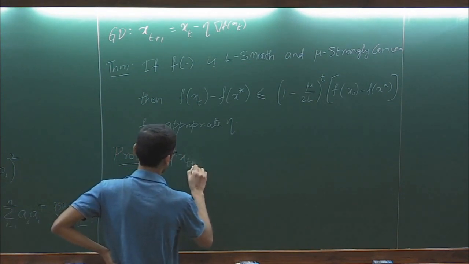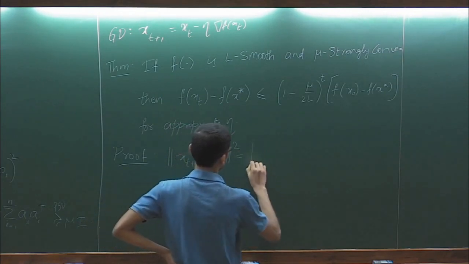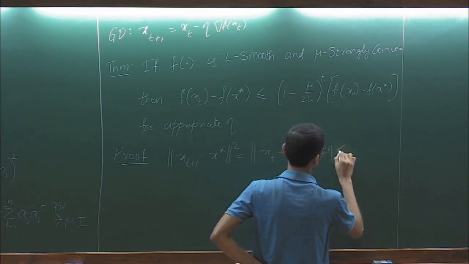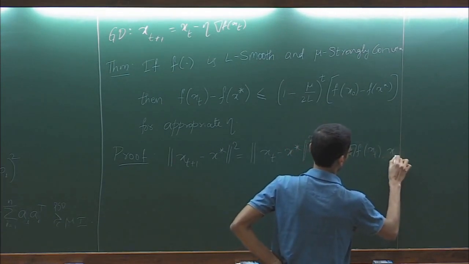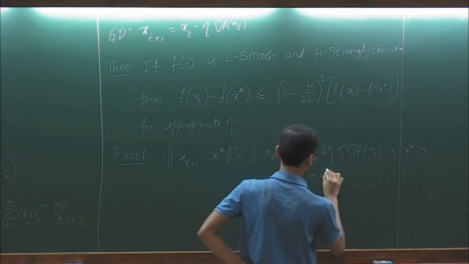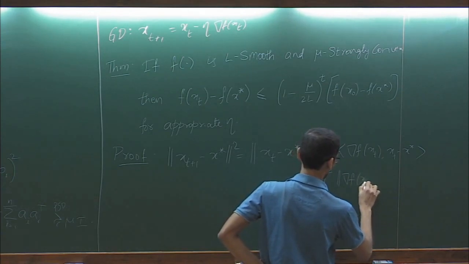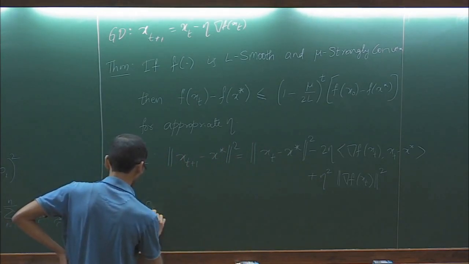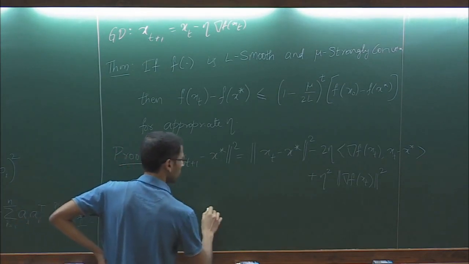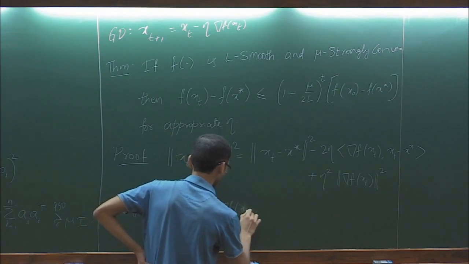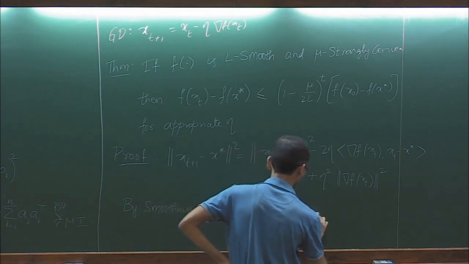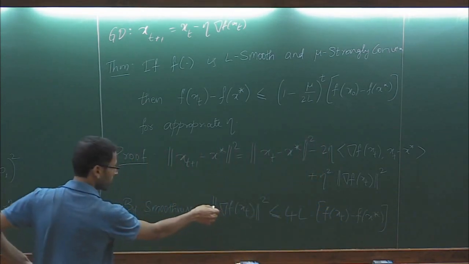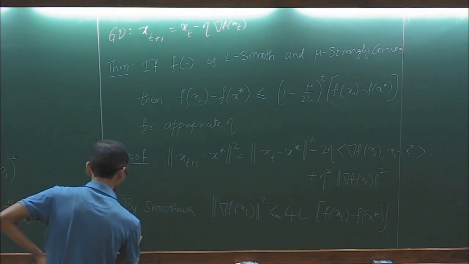So we again look at x_{t+1} minus x star. So we'll just use this update. Okay, so by smoothness, we had that, so this follows from the last lecture. We did this in the last lecture, and by strong convexity,